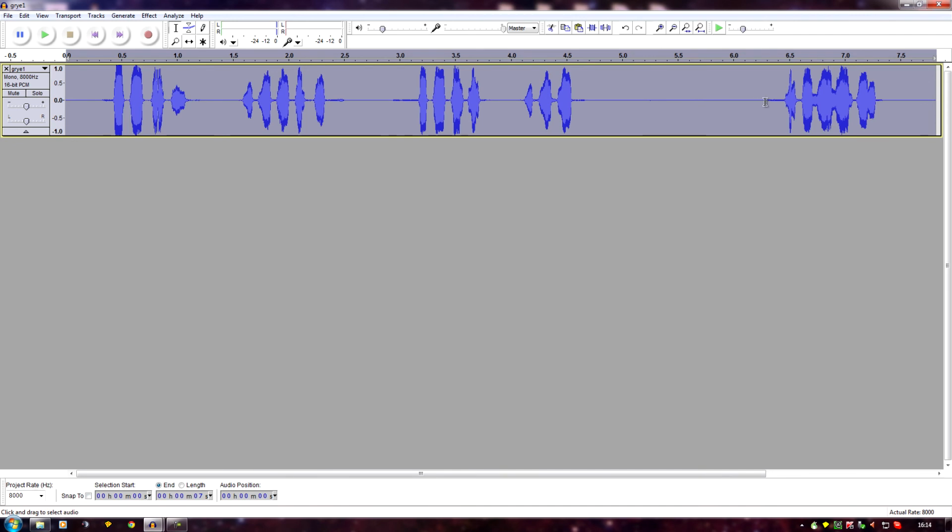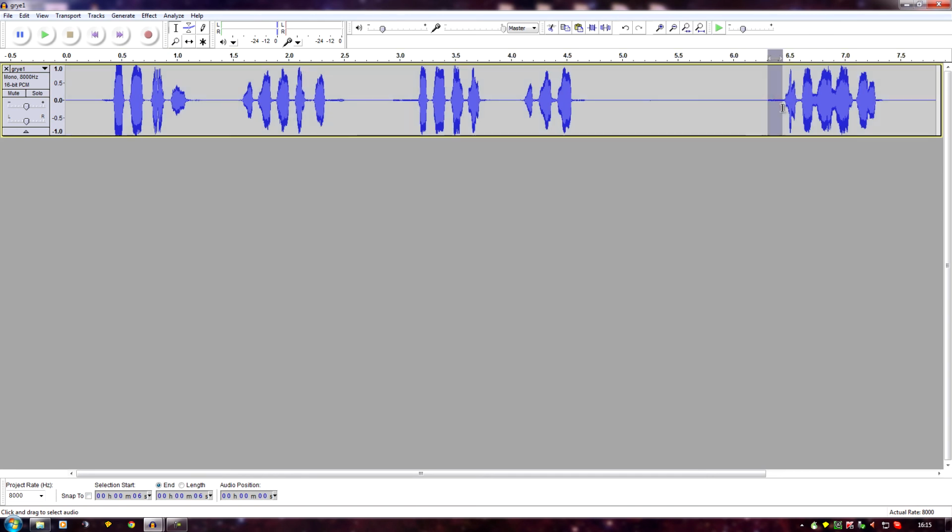And now that's clean. You can see it's a nice straight line there now. When I play it again, it's far cleaner. And I'm just going to try and remove using a second pass, because it's left little parts. They could be part of the bird sound